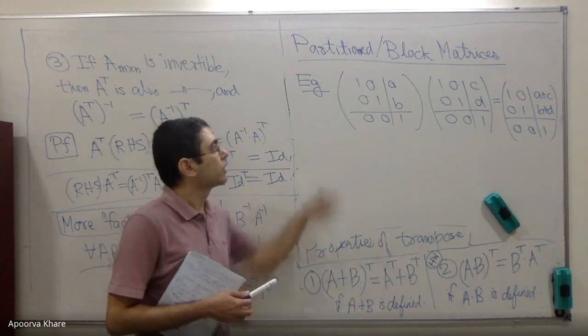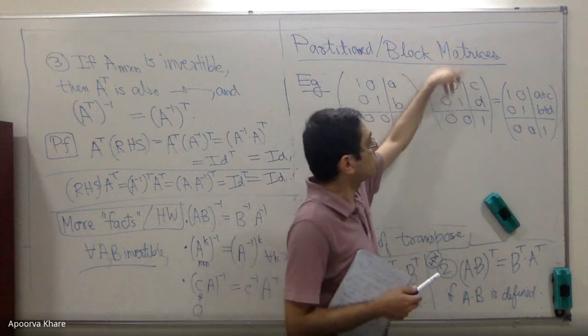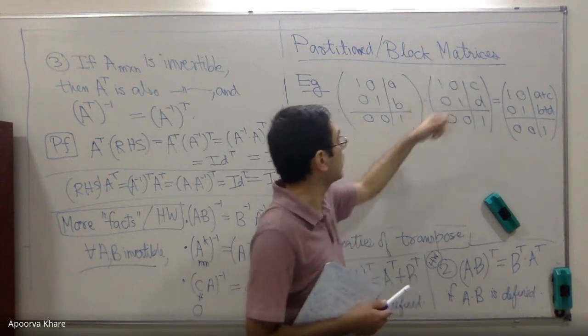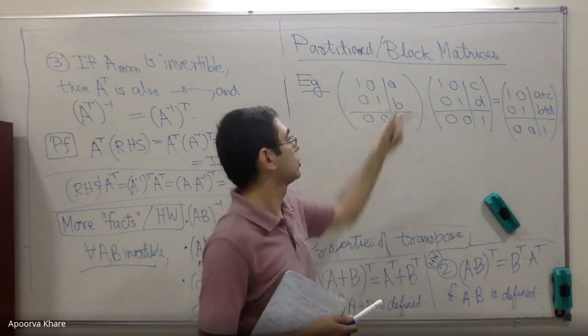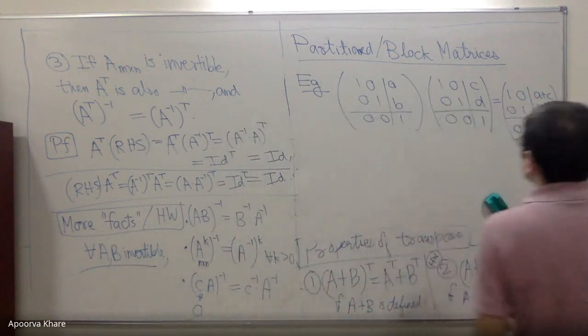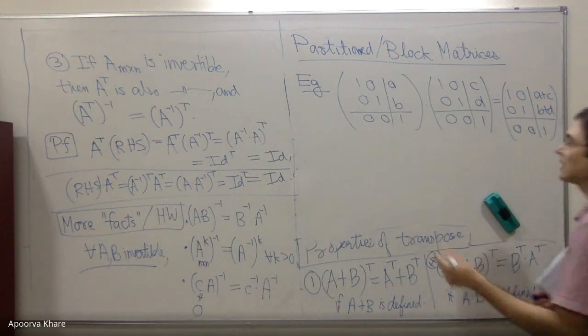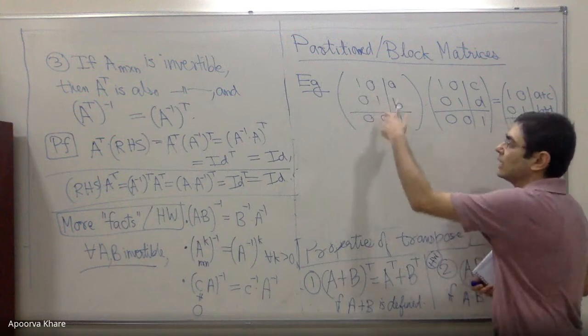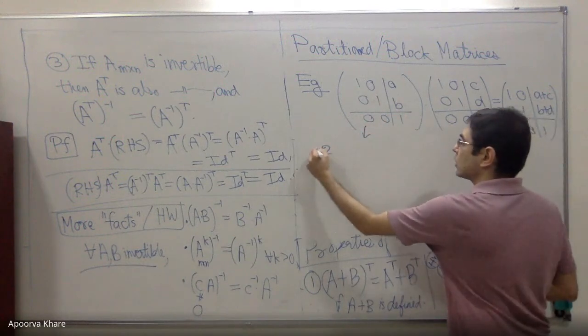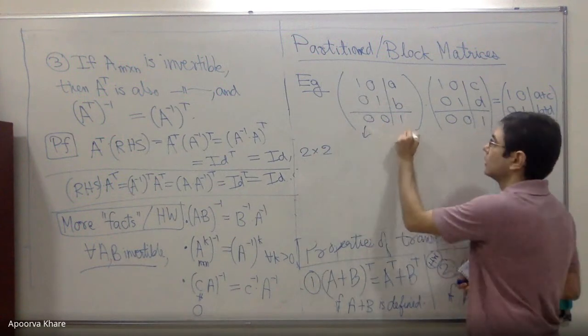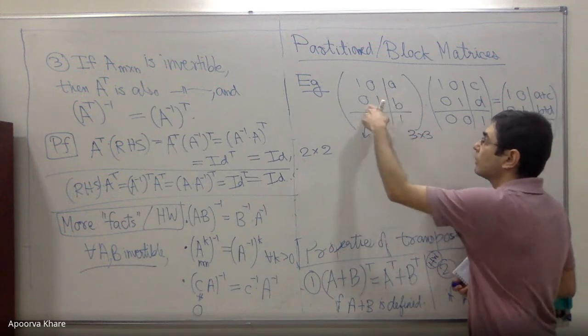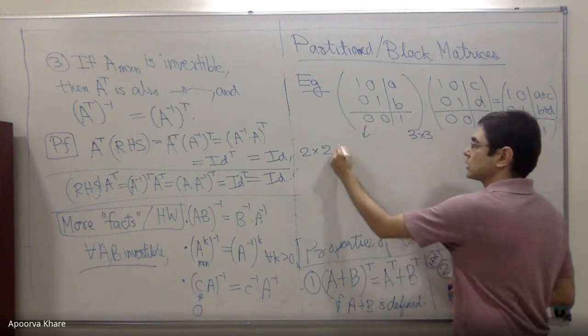Okay. So because the first two are rows, therefore the first two are columns. Then I put the barrier after the first two columns, because here I put the barrier after the first two. And similar. Okay, so now what do I do? So basically it's like saying I have a 2 by 2 matrix. It's called a 2 by 2 block matrix. It's not called a 2 by 2 matrix, it is 3 by 3. But this is a 2 by 2 block matrix, and these are the 4 different blocks.